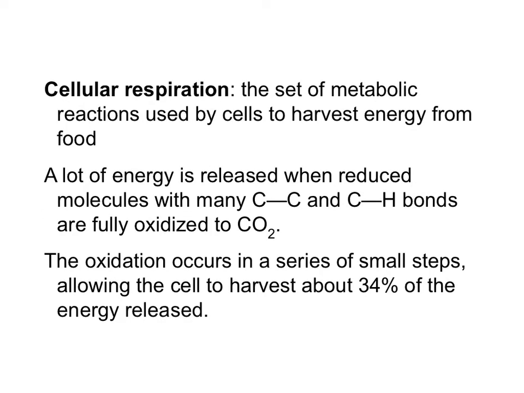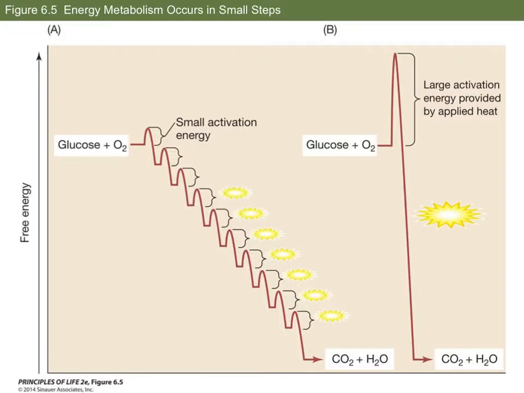The process of cell respiration is the set of metabolic reactions used by cells to harvest energy from food. A lot of energy is released when reduced molecules with many carbon-to-carbon and carbon-to-hydrogen bonds are fully oxidized to CO2. Remember that oxidation is the loss of electrons. The oxidation occurs in a series of small steps, allowing the cell to harvest about 34% of the released energy,